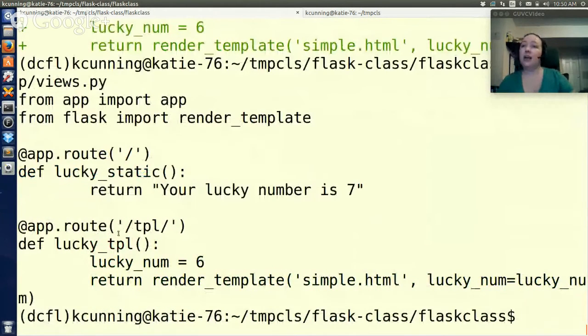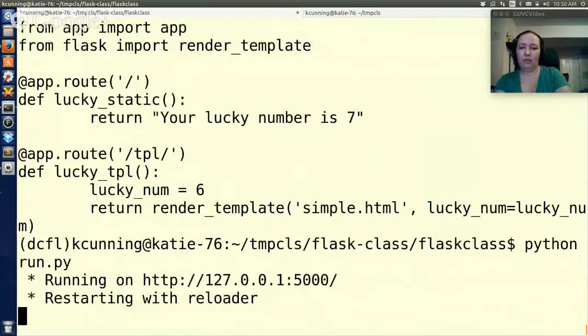So if you look at the last line here, we return render_template simple.html, lucky_number equals lucky_num. So we're basically telling Flask that, hey, I want you to render this template and send it these values. And here we only have one value. So let's run it